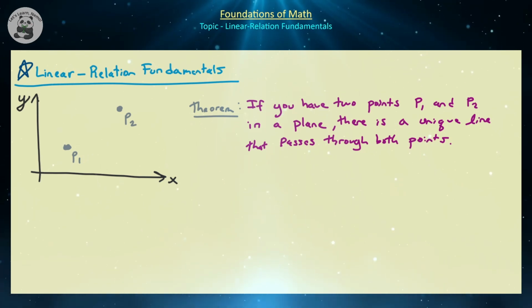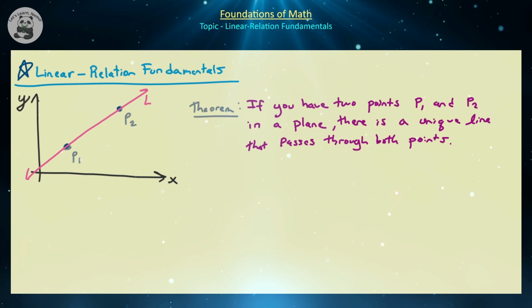So to start, we're going to consider the following theorem. If you have 2 points, say P1 and P2, inside of a plane, then there is a unique line that passes through both of these points. So if we were to have these points P1 and P2, which I have graphed here, and I were to ask you to draw a line through these 2 points, generally speaking, it doesn't matter who I ask, as long as you have some intuition of what a line is, everyone will draw the same exact line, in particular this line here, L,